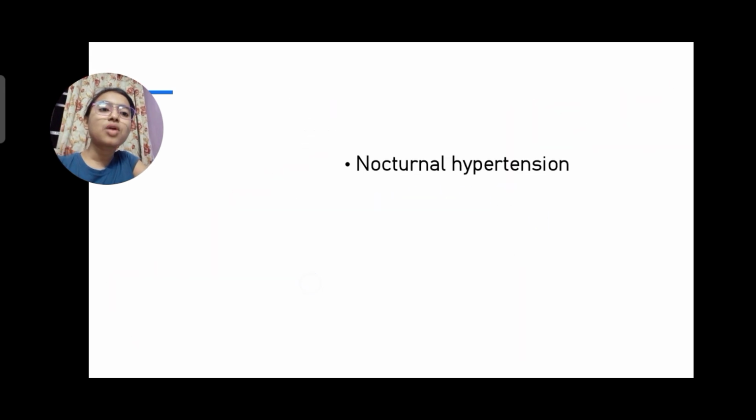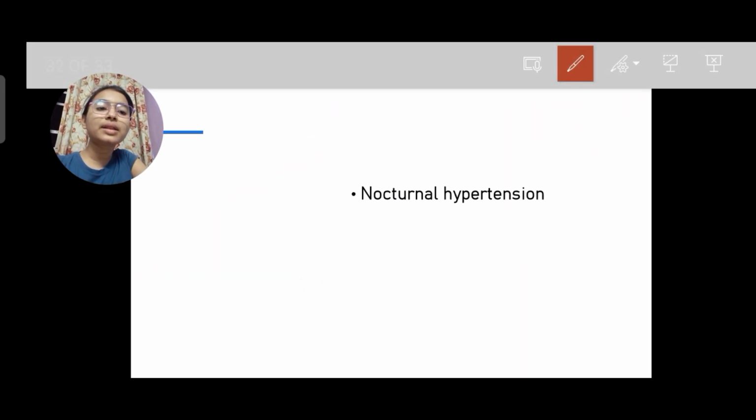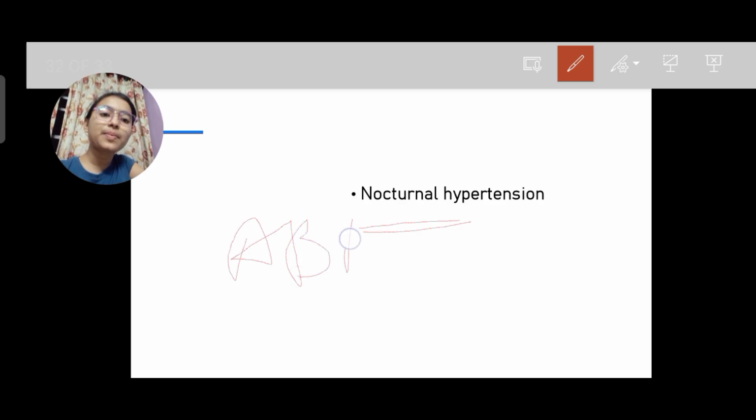Resistant and refractory hypertension. Now the nocturnal hypertension. In this nocturnal hypertension, what happens? The BP increases during the night time, and this is diagnosed with ABPM, that is the